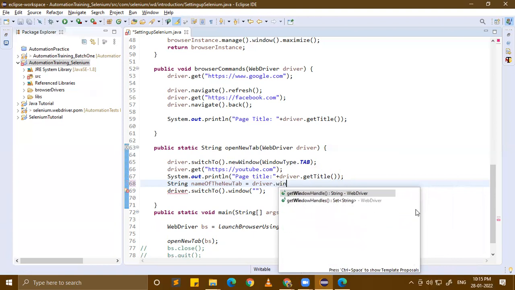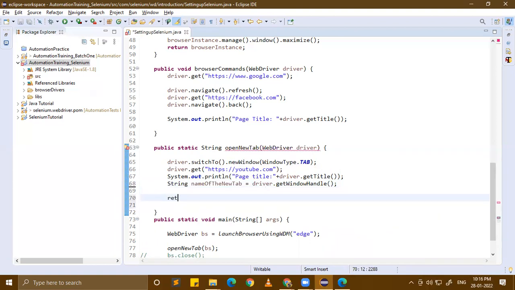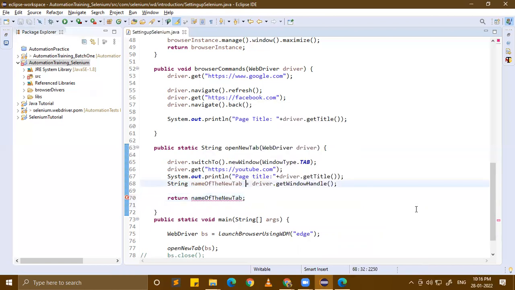driver.getWindowHandle(), you return that, the name of the tab. Whenever a new tab is opened, by default the focus will be shifted to that new tab. You don't have to explicitly shift the focus to that one. But if you want to change the browser instance focus, then you need to use the